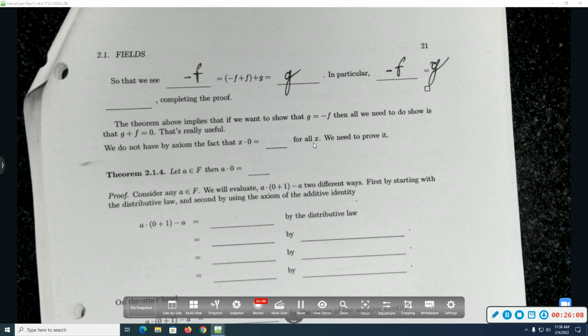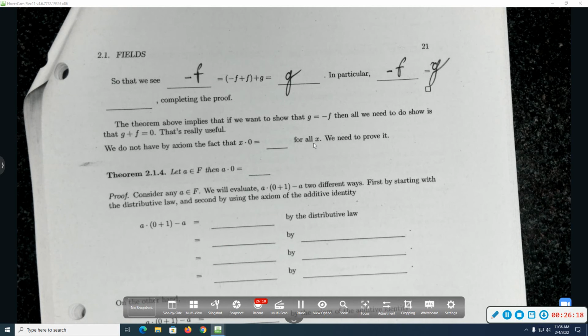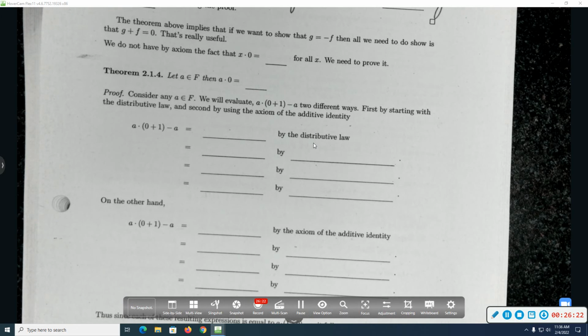How do people feel about that argument? Think you can probably do a similar thing to get the thing about multiplicative inverses? Yeah, I think so. All right, so